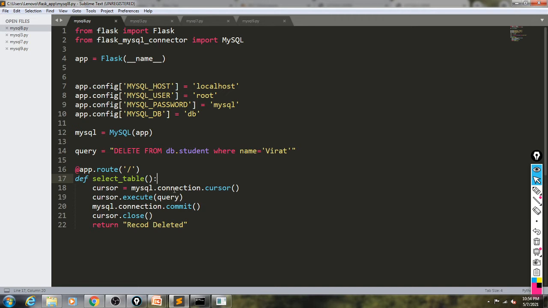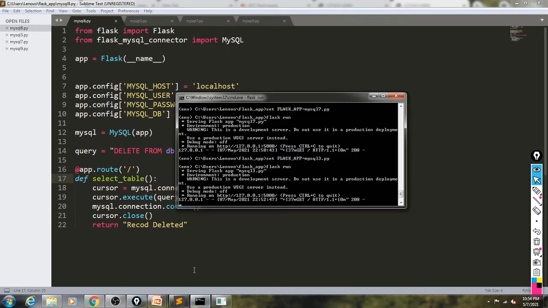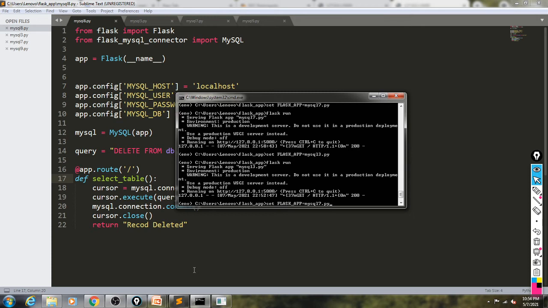When we write like this, delete from db.student where city is equal to Kolhapur, it will delete all the records which are containing the city as Kolhapur. So likewise you can delete a single record or a group of records. Okay, so execute this one. So what is the name of script here? MySQL 8.py.